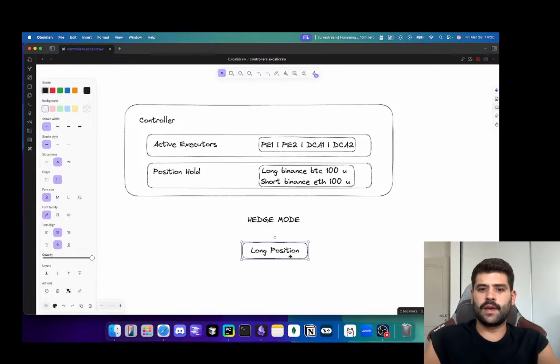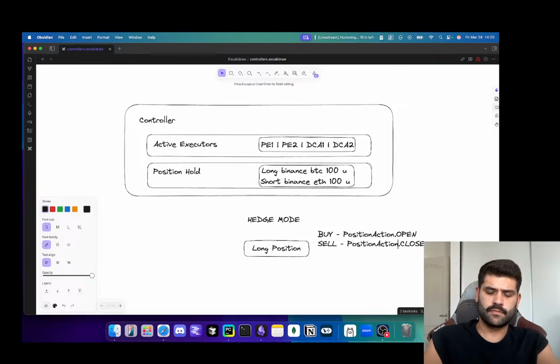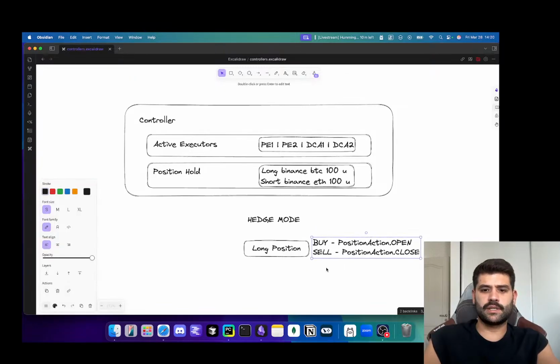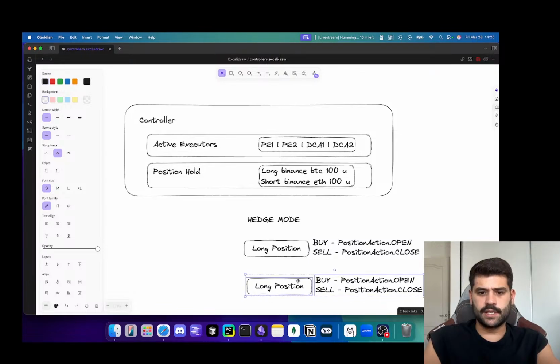The actions related to a long position are buy with position action open, or sell with position action close. So these things are related to a long position, and these things